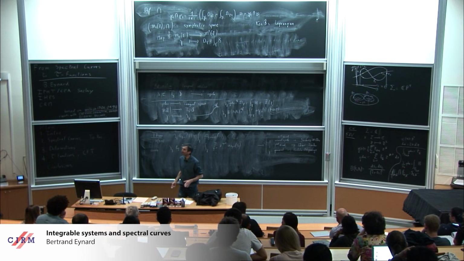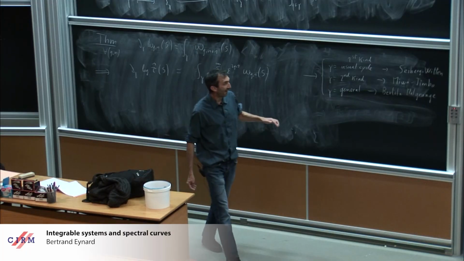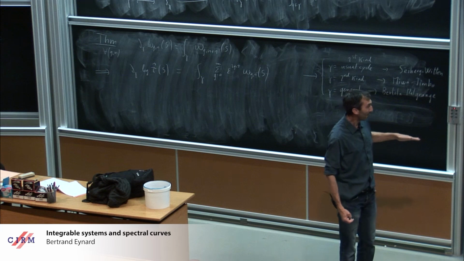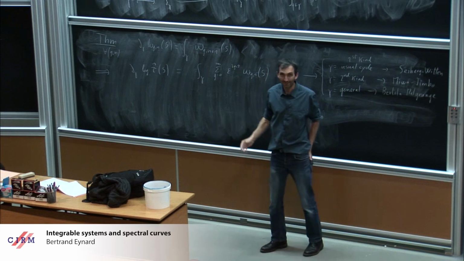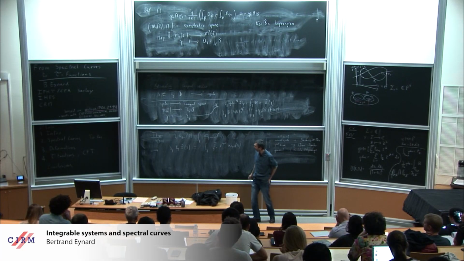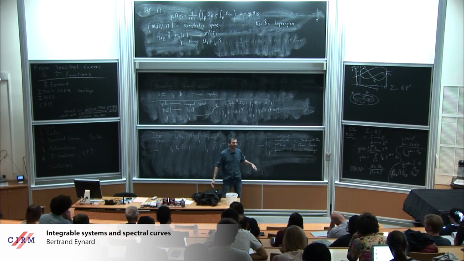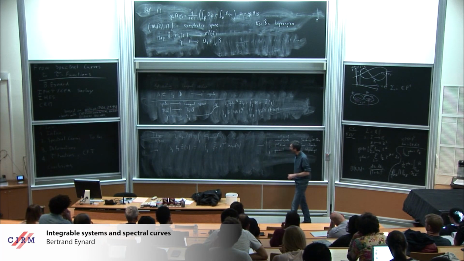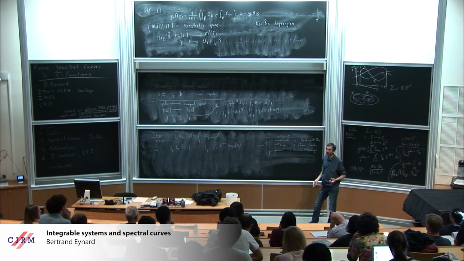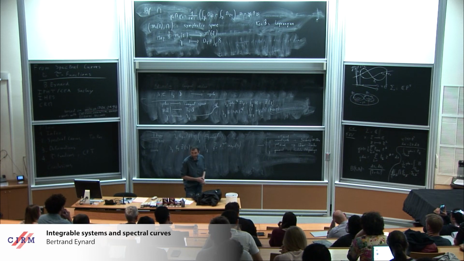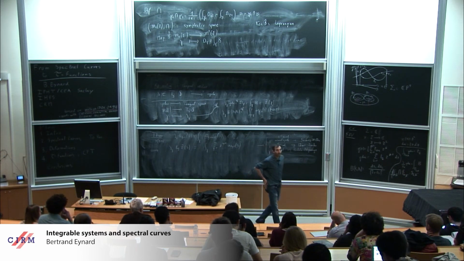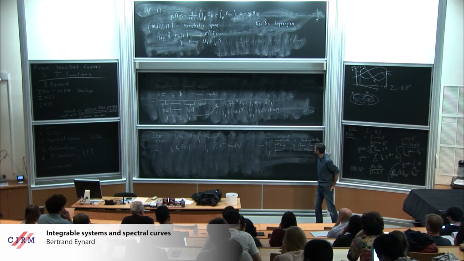I'm running out of time, so I will conclude. This is not exactly the tau function. There is some subtlety. But the tau function is a kind of Fourier transform of that, or a Witten averaging of that one, or vice versa. This one is the Witten averaging of a true tau function, which will also satisfy Hirota equations. And there is also a deep link with conformal blocks on Virasoro algebra, which I don't have time to explain.